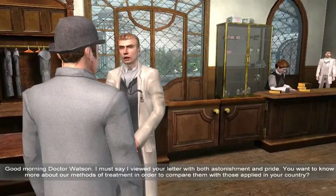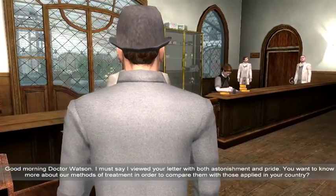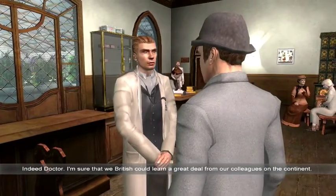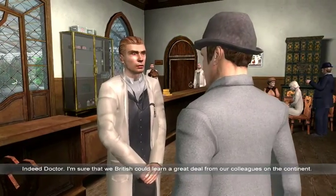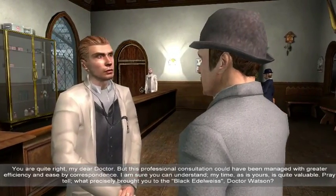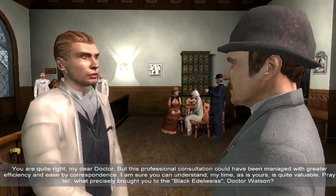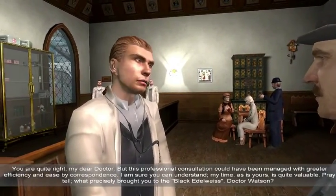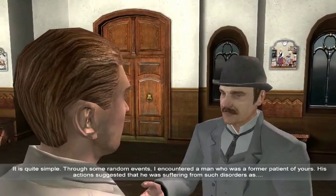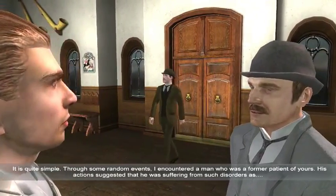Good morning, Dr. Watson. I must say I viewed your letter with both astonishment and pride. You want to know more about our methods of treatment in order to compare them with those applied in your country. Indeed, Doctor. I am sure that we British could learn a great deal from our colleagues on the continent. You are quite right, my dear Doctor. But this professional consultation could have been managed with greater efficiency and ease by correspondence. I'm sure you can understand my time, as is yours, is quite valuable. Pray tell, what precisely brought you to the Black Edelweiss, Dr. Watson? It is quite simple. Through some random events, I encountered a man who was a former patient of yours. His actions suggested that he was suffering from such disorders as...